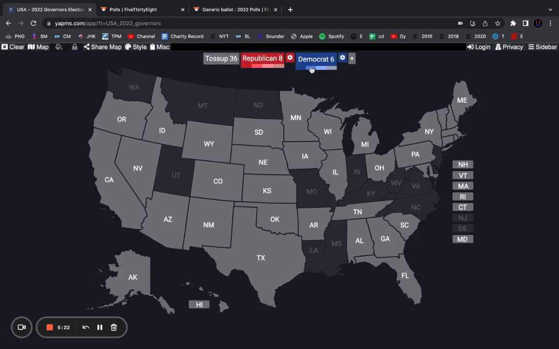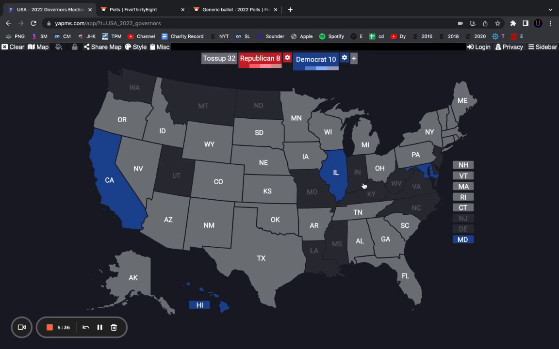So let's get into it here with our safe Democratic states. Obviously California, Gavin Newsom will win re-election. Hawaii, that's an open seat, but Josh Green, the lieutenant governor for the Democrats, is going to win that seat. Illinois, J.B. Pritzker's probably going to win by around 15 against Darren Bailey. Maryland, this is a Democratic pickup again. Larry Hogan, the incumbent Republican, is term limited, so he can't run again. Same with Massachusetts, Charlie Baker, the popular GOP incumbent, term limited, he can't run again.